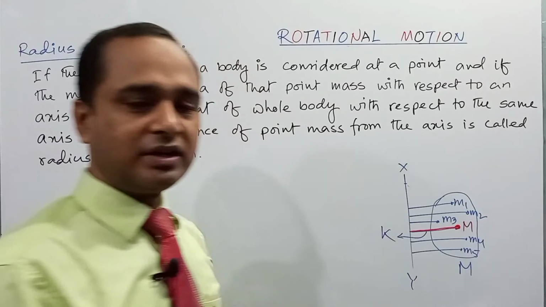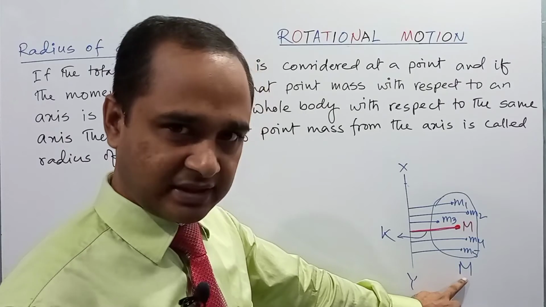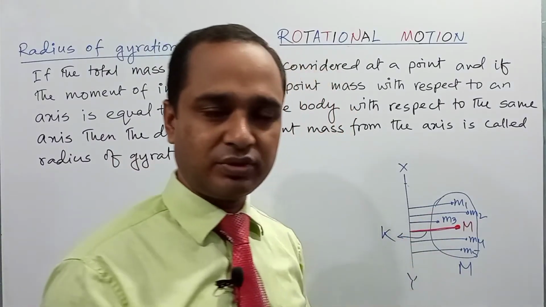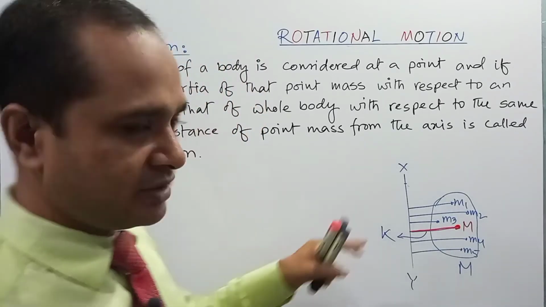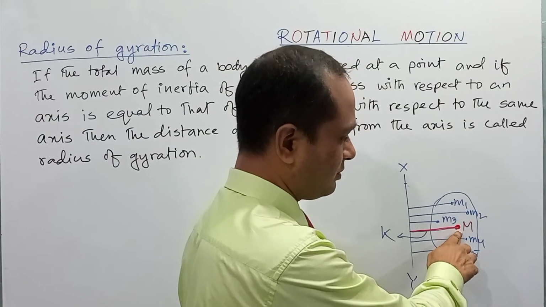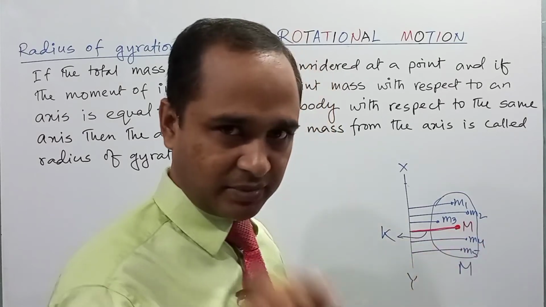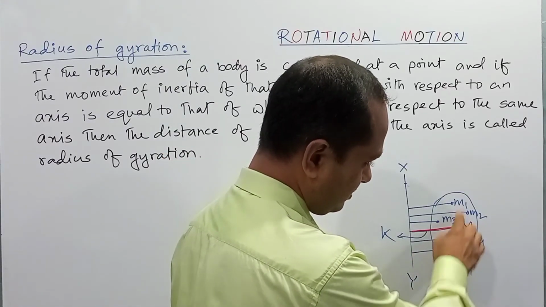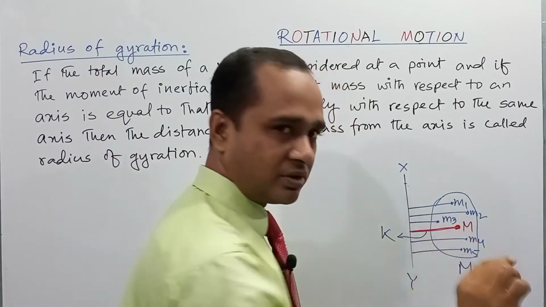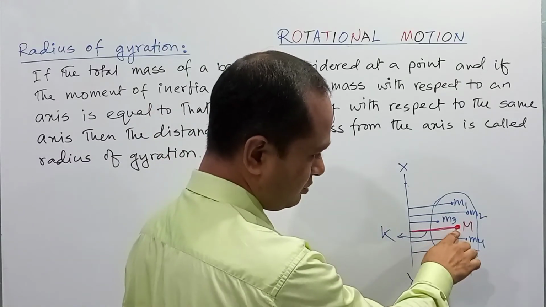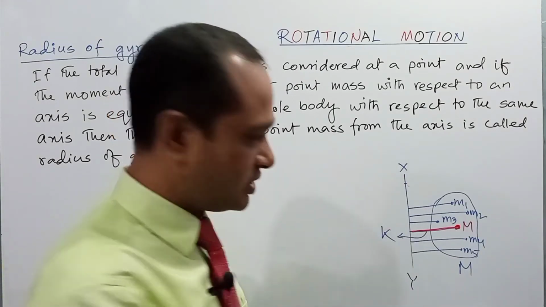As shown in the figure, suppose this is a rigid body whose total mass is m, and m1, m2, m3, m4 etc. denote the masses of the individual particles. So dear student, according to the definition, if the total mass of the body is considered at a point, marked by the red mark, that is the total mass of the body m, and if the moment of inertia of that concentrated mass with respect to the axis is equal to the moment of inertia of the whole body